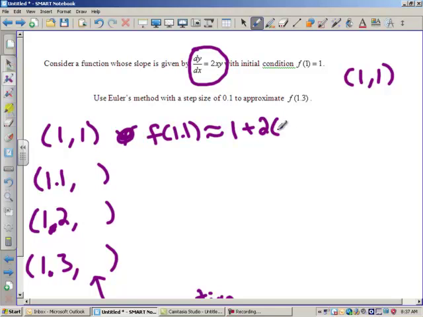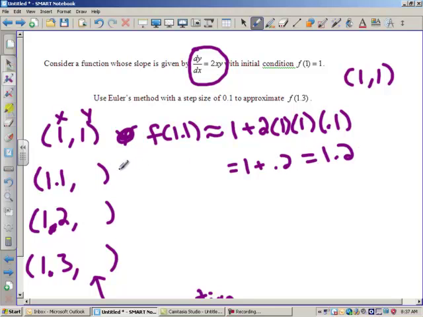So that's 2 times x times y times my step size. My step size is 0.1. So let's see if we can do that. This equals 1 plus 2 times 1 times 1 is 2, times 0.1 is 0.2, which is 1.2. That's what I think